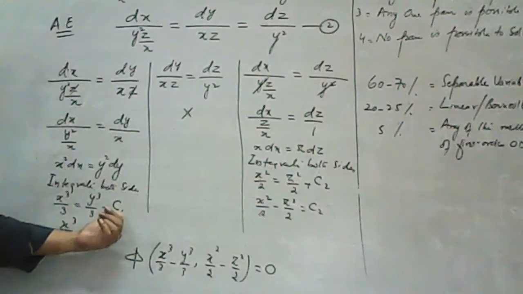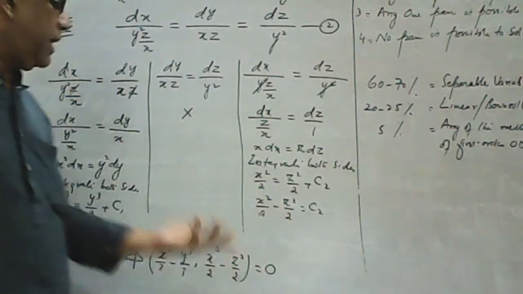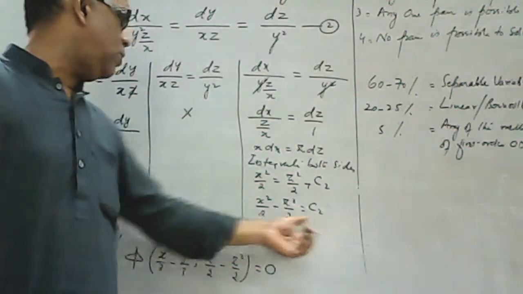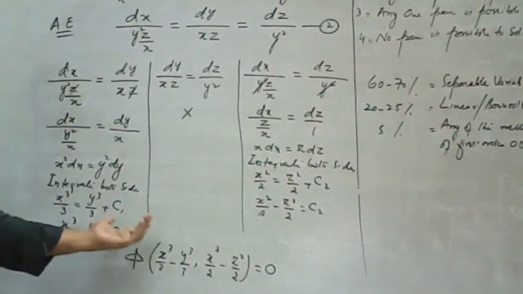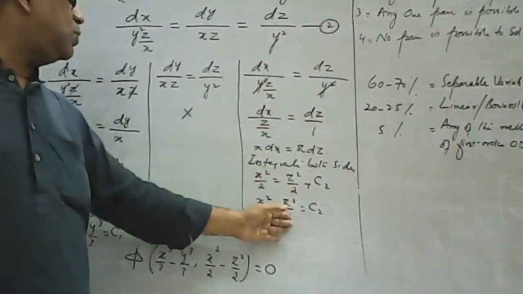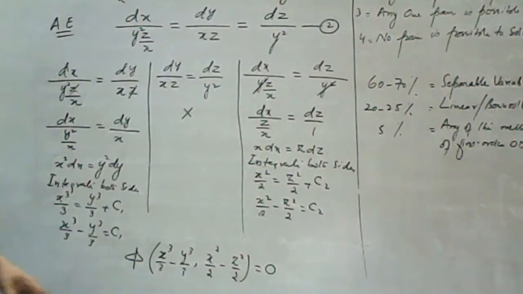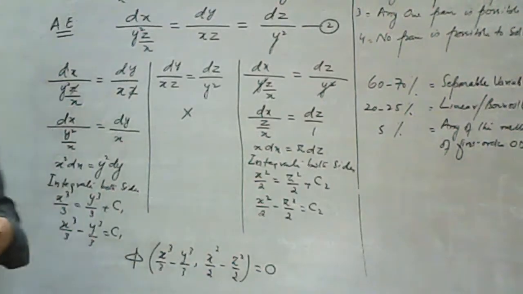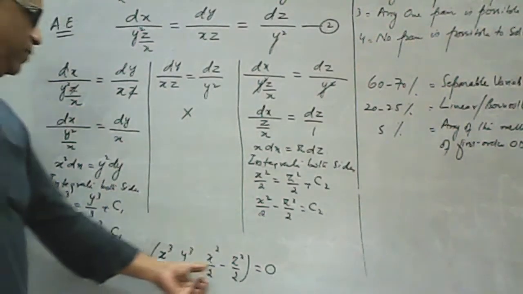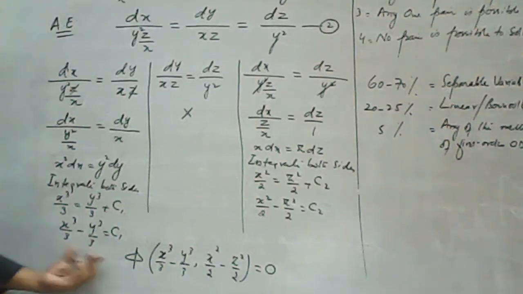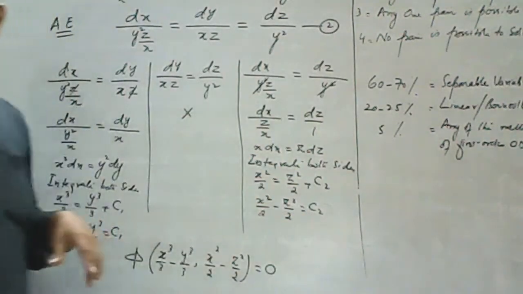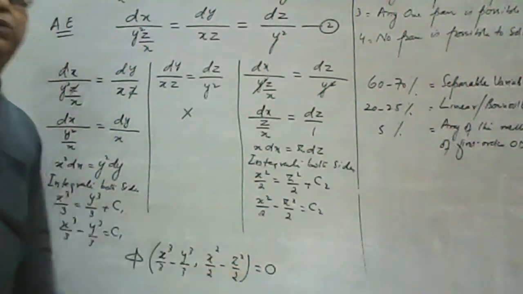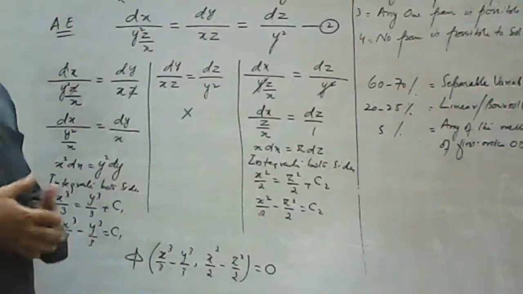So write constants C1 and C2 as constants of integration. It doesn't matter if you call this C1 and this C2, because it is possible that you first solve this one and then secondly solve this one. It doesn't matter which pair is called C1 and which pair is called C2. Then you need to write phi of u, v equal to 0, because C1 was u and C2 was v, as we write in the working method. So this is phi of u, v equal to 0, and this is the way to represent the general solution of equation number 1.